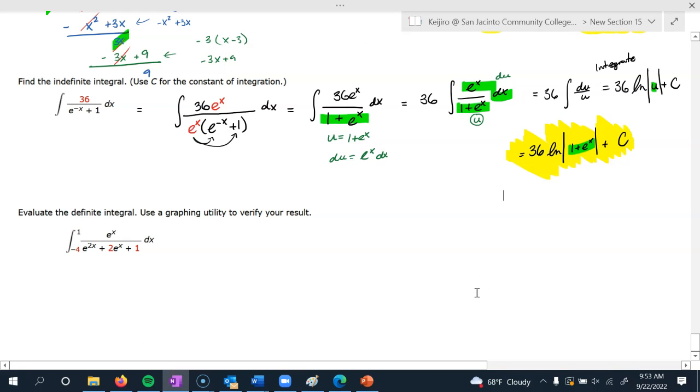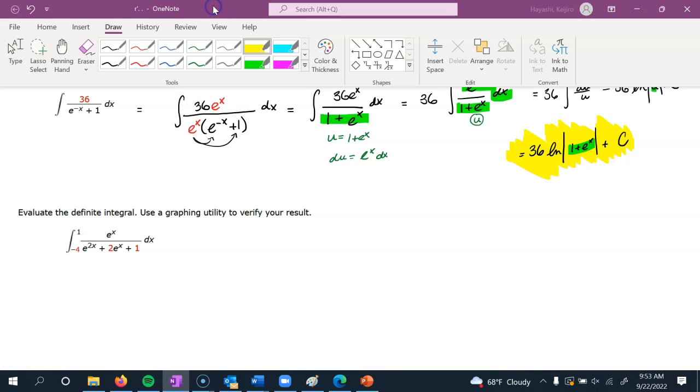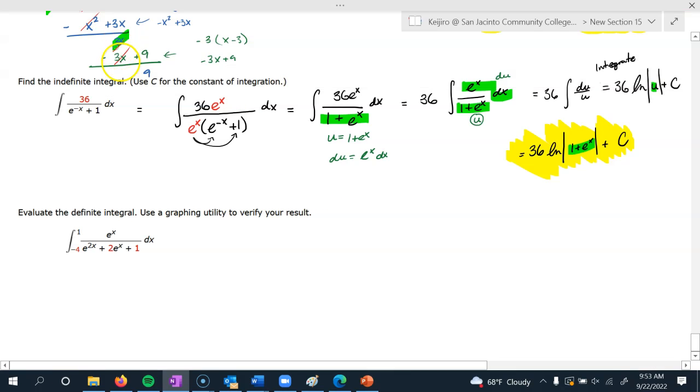Then last we'll deal with this. This is a definite integral. We'll do it by hand first. Okay, so